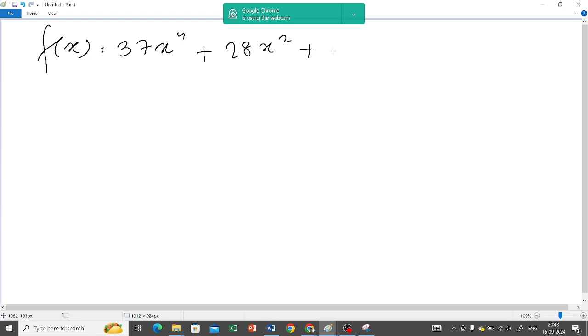Niladri, you tell the last one. 13x cube. Okay, now it is given that this f(x)